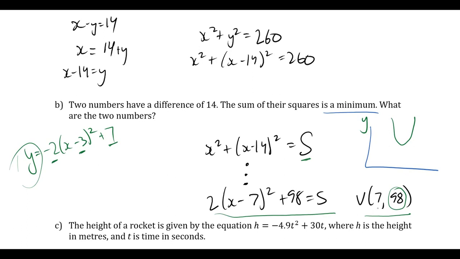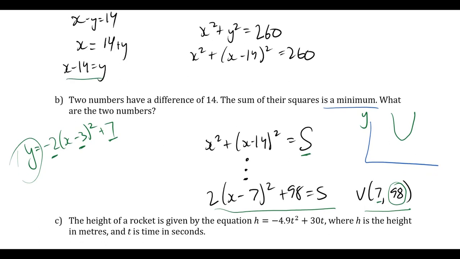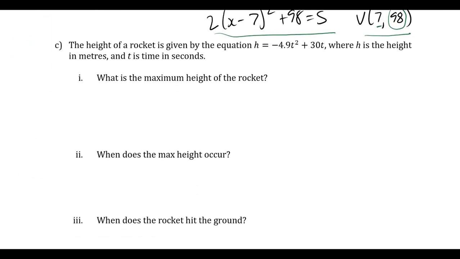It just asked for the numbers, and so one of those numbers is 7, and then I could find the other number with my little mini equation that I've got up here. Okay, so that's one type. Height of the rocket. Again, I'm given the equation, but these are the questions here that will define how I